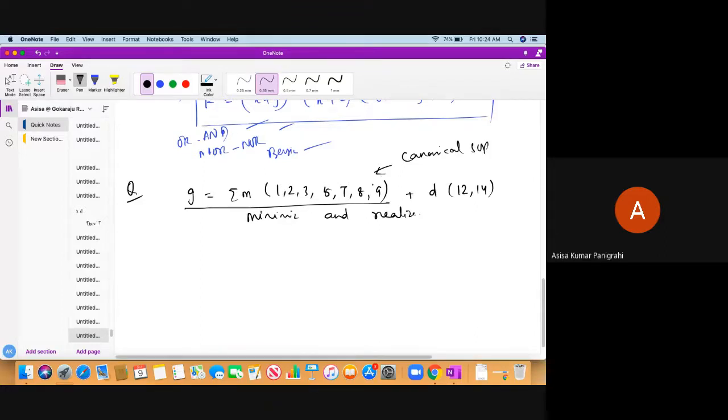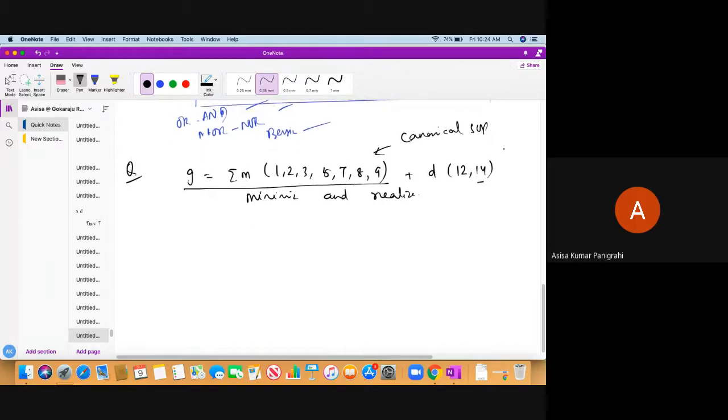And how many variables does it require? Obviously we can see 14. 14 means 4 variables are required, because 14 can be represented as 1110. So in order to represent 14, we need 4 variables. So it's basically a 4-variable K-map to be constructed. So I'm just putting here a 4-variable K-map.